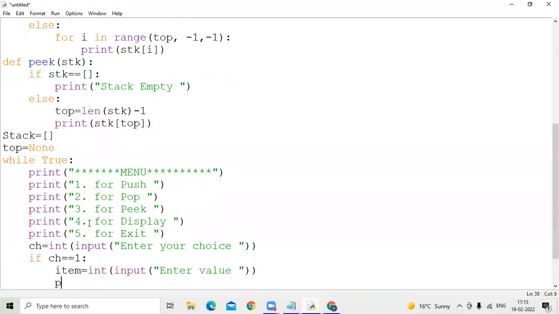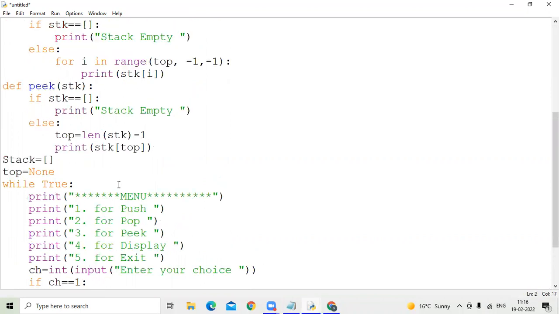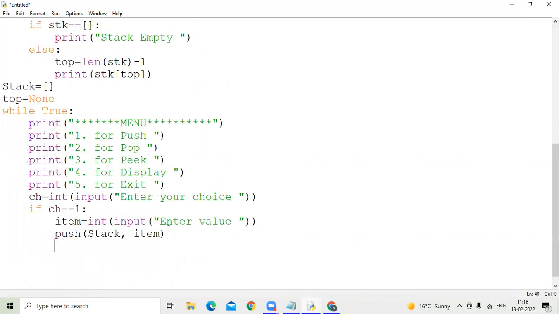Then we will call push function and you will send stack and item, because in the push function there are two parameters. One is the list and another is item. Okay, then else